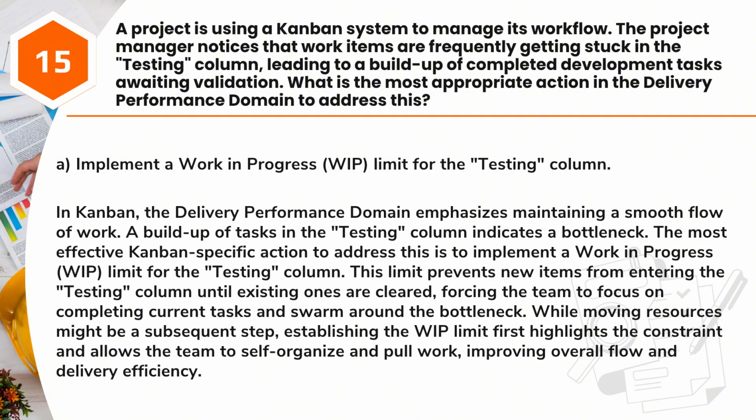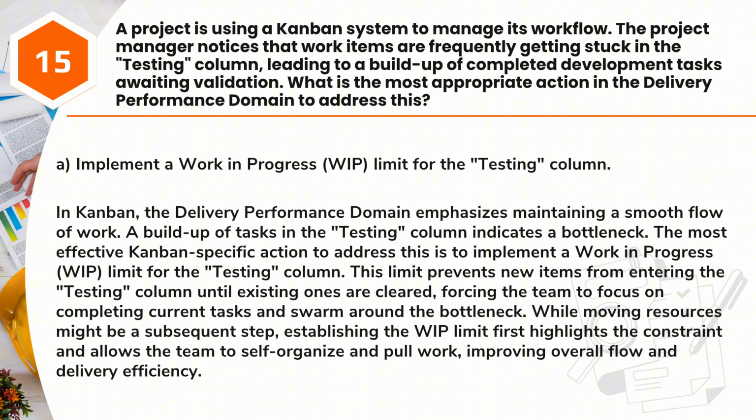Answer: A. Implement a work in progress (WIP) limit for the testing column. In Kanban, the delivery performance domain emphasizes maintaining a smooth flow of work. A buildup of tasks in the testing column indicates a bottleneck. The most effective Kanban-specific action to address this is to implement a work in progress (WIP) limit for the testing